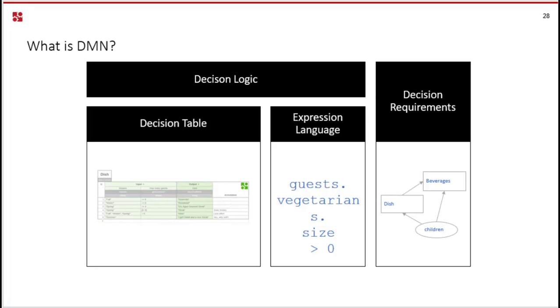The way it works is if you have a certain input, you might want, depending on that input, a certain output, and that output will depend on predefined rules. An example being if, for instance, there is a meal you'd like to prepare, maybe you pass in the information about what season it is, how many guests are arriving, and then you can choose your meal. There's also other bits and pieces to the notation, like the expression language field, and also decision requirements diagrams, and we'll get into that as we go along.